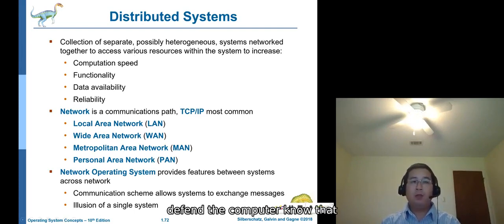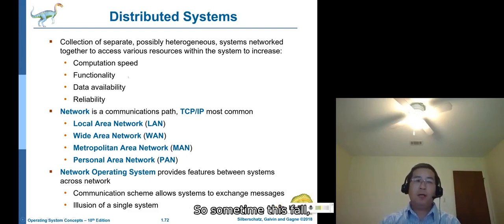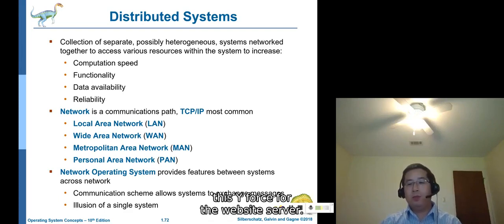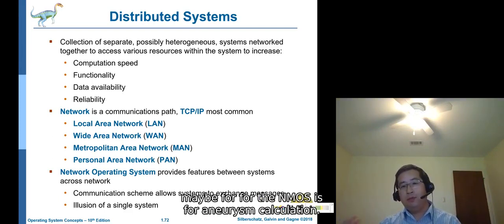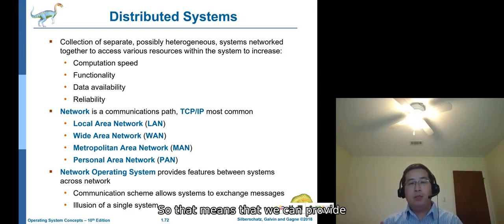Different computer nodes may have different capabilities. This one is a file server where we can access files, this one is the website server, this one is for calculation, and this one is maybe for analysis and algorithm calculation. So we can provide multiple functionalities.